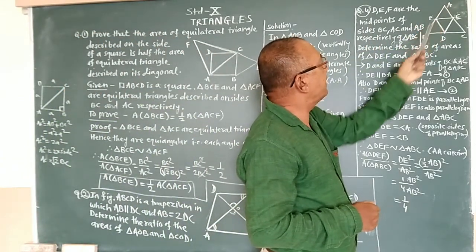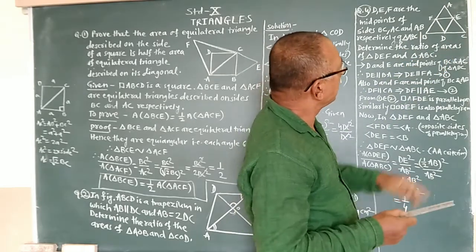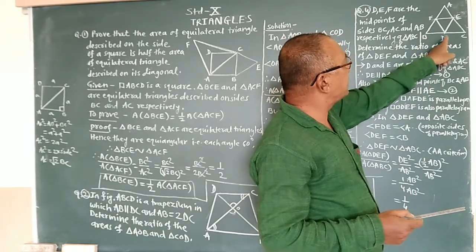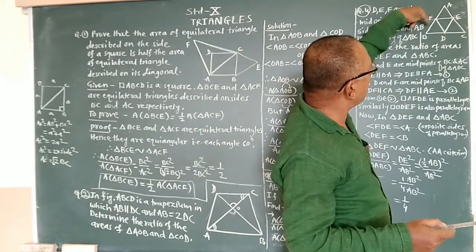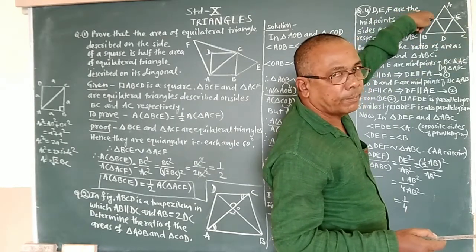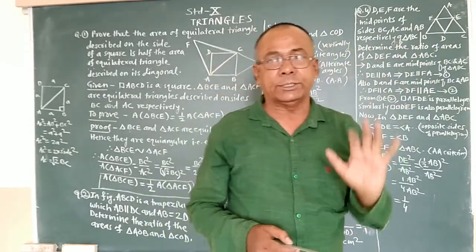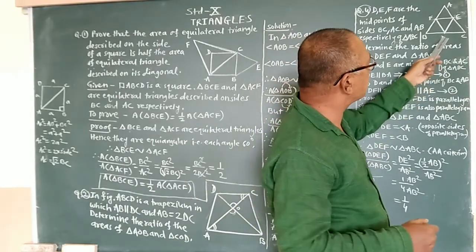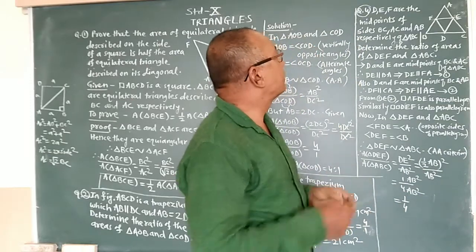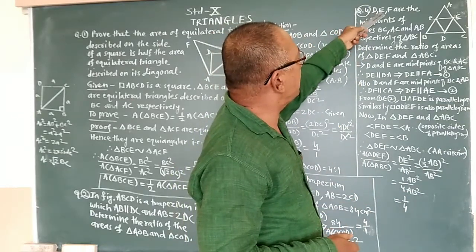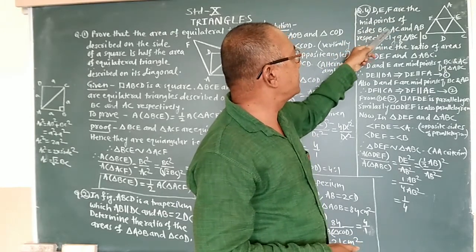In a triangle ABC, the midpoint of BC is D, midpoint of AC is E, and midpoint of AB is F. If we join the midpoints of the 3 sides, then we will get another triangle, that is triangle DEF. D, E and F are the midpoints of sides BC, AC and AB.